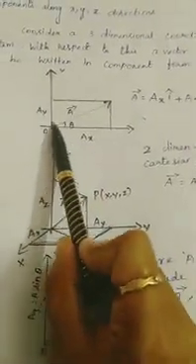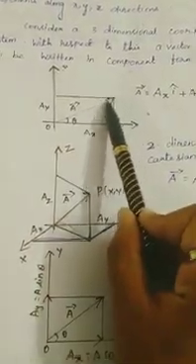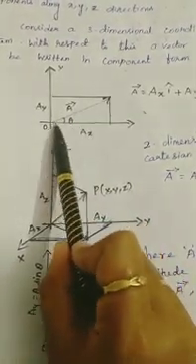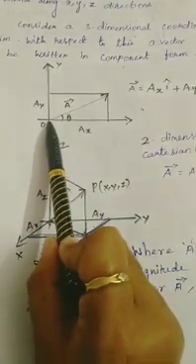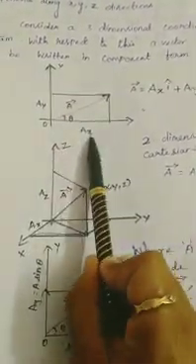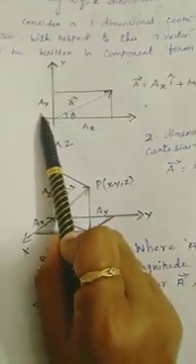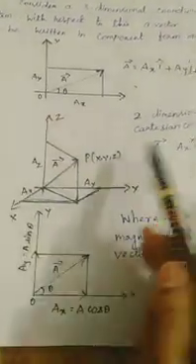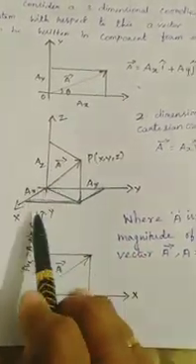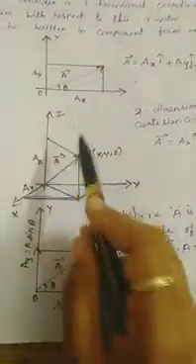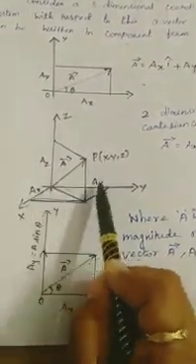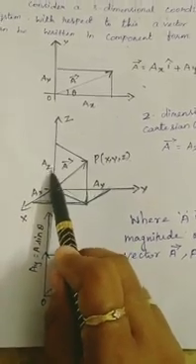Now let us see, this is the vector A. The vector A is split into two axes, that is, this is a two Cartesian coordinate. So we are having only x coordinate and y coordinate. So this is ax and this is ay. And now let us see the three Cartesian coordinate system. So we are having x, y and z. So this is the A vector and this is ax, this is ay and this is az.